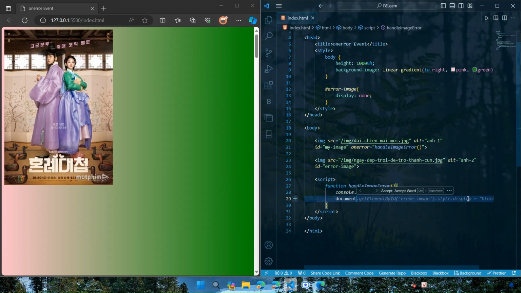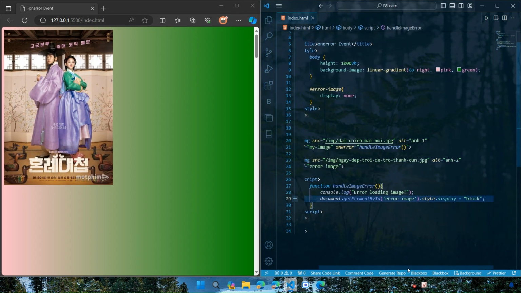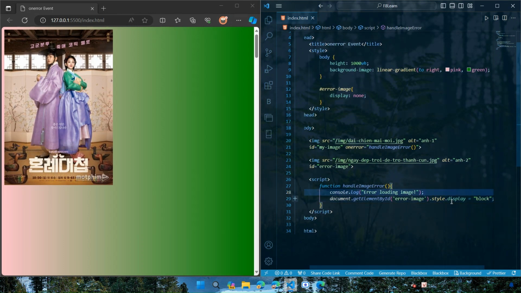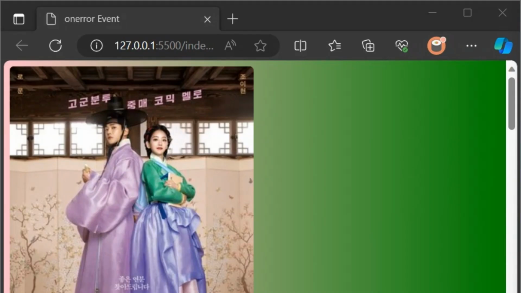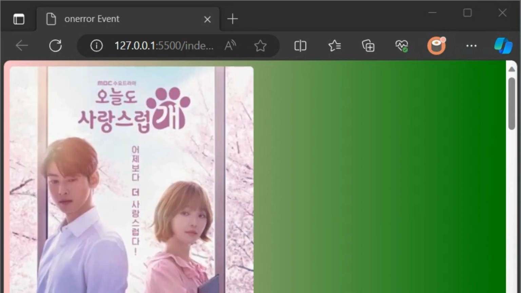on websites. Sometimes when we set the image source to display an image, errors can occur. For example, the image link may not exist or be broken. In that case, the image will fail to load on the interface. To handle this, we can use onerror to catch the error and perform some action, like displaying a default placeholder